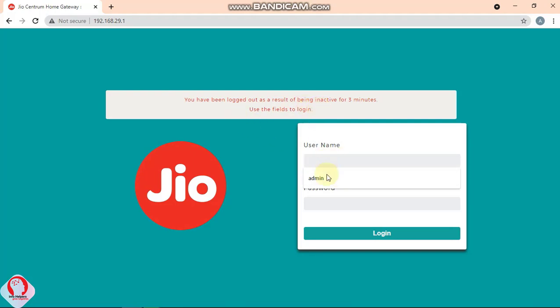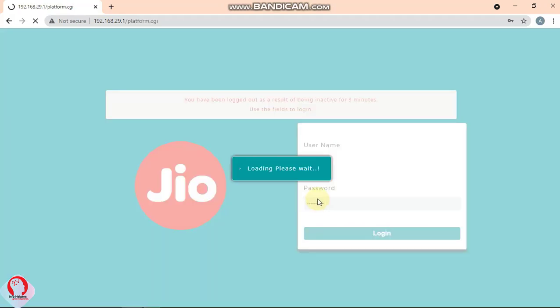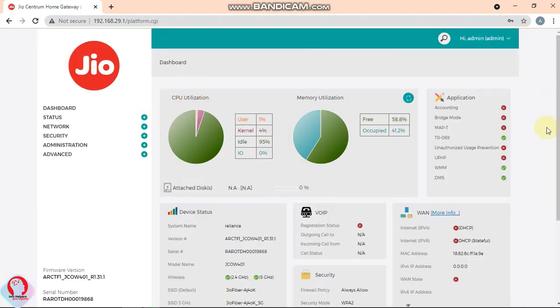This is not as usual. You should first know the default admin user and password. To check this, please refer to my previous video, which shows what the default user ID and password are for the Jio router, and how to change the default user ID and password of the Jio router. I have already changed mine, so I am logging in with admin and entering my password here. Once you enter it, you will see the login page of the Jio router.